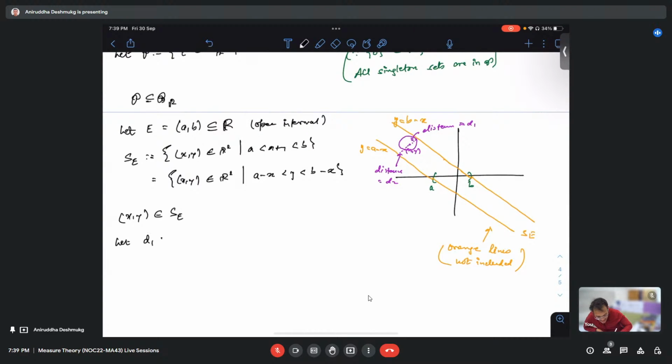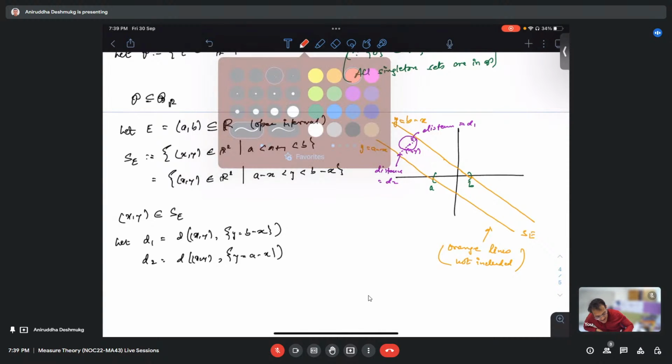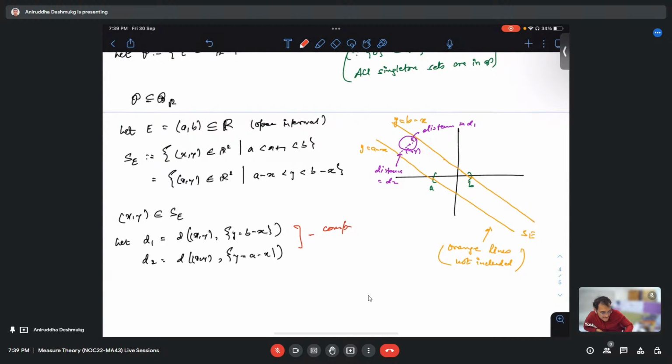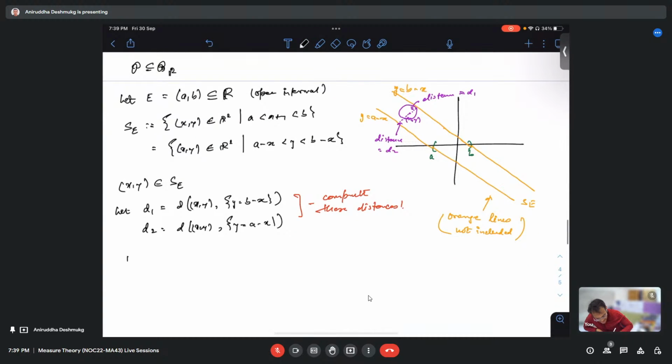So let D1 be the distance of the point (x, y) from the line y = B - x, and D2 be the distance of the point (x, y) from the line y = A - x. I leave it to you to compute these distances. Compute these distances, and let us look at the following set: B of (x, y) comma minimum of D1, D2, which is the collection of all (u, v) in R2